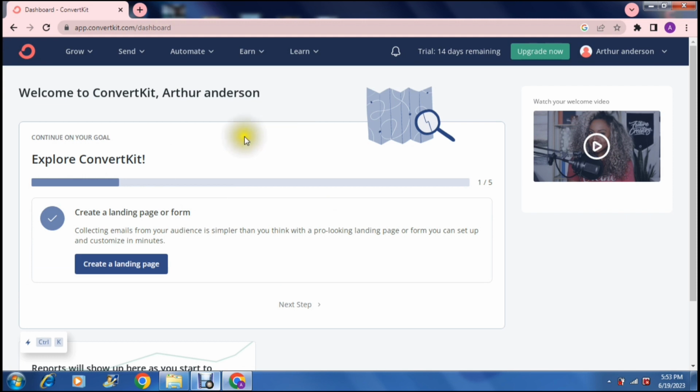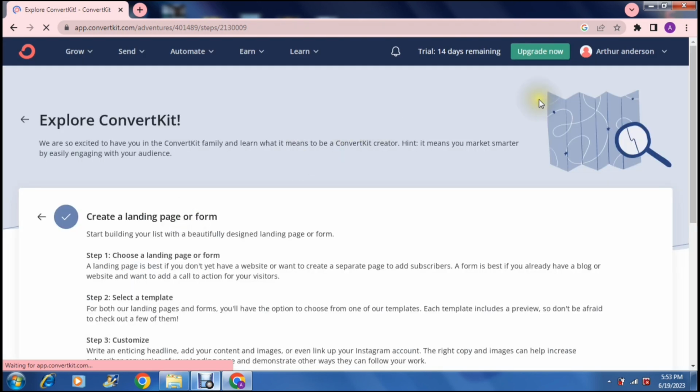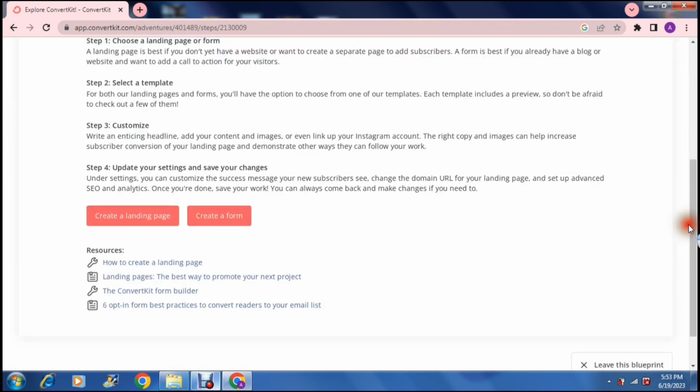I'm going to show you how to create a landing page with Convertkit. So right over here, you can tap on create a landing page. What it's basically going to give you is a bunch of templates that you can look through and choose according to what your audience is and what your needs are. You can also create a form, and right over here they also show you a few ways on how to create a landing page, the best ways to promote your next project, and then the Convertkit form builder, they show you how to use that, and then they have a 6 opt-in form best practices to convert readers to your email list. So what we're going to do here is we are going to tap create a landing page,